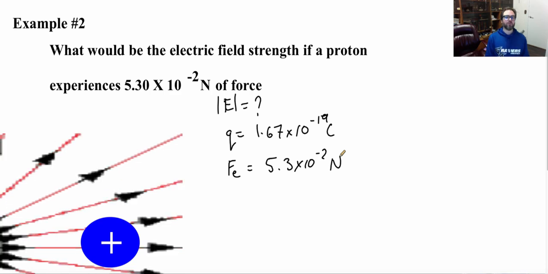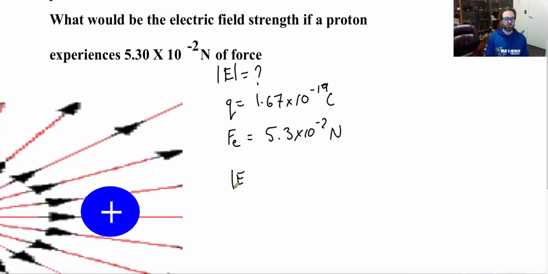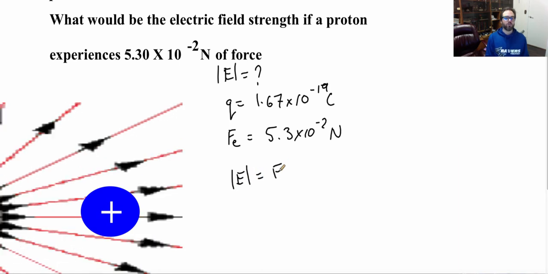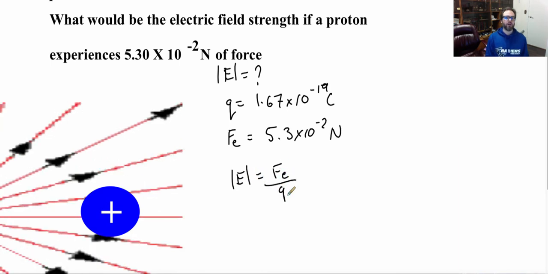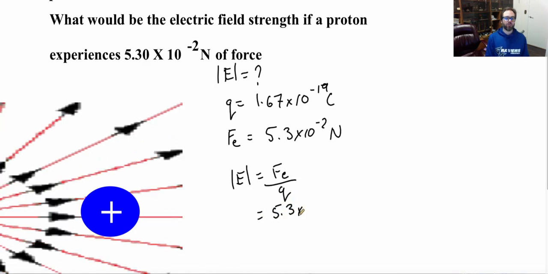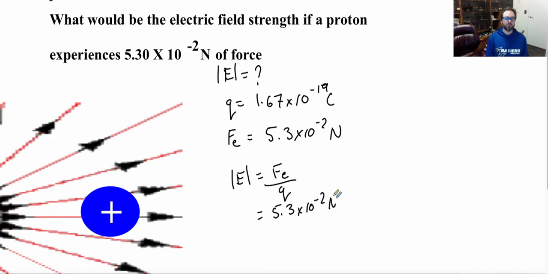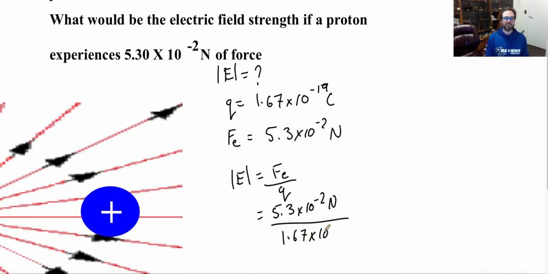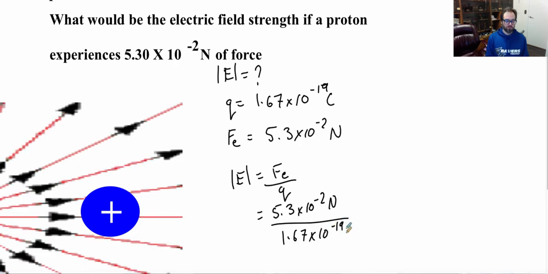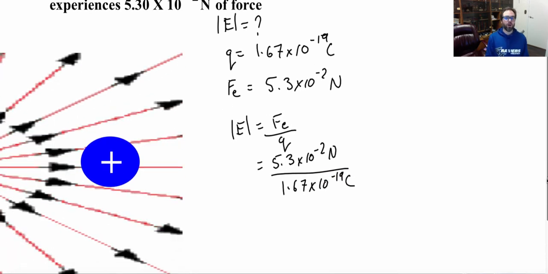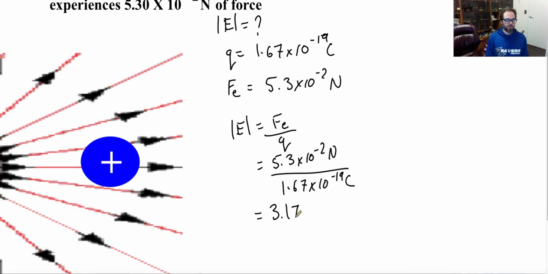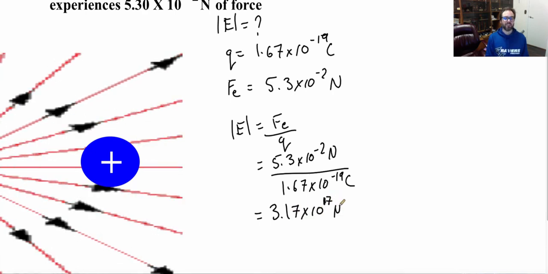So if we're trying to find my electric field strength, we know my electric field strength is equal to my electric force divided by my charge. My electric force in this case is 5.3 times 10 to the negative 2 newtons. And my charge is 1.67 times 10 to the negative 19 coulombs. That's going to give me an electric field strength of 3.17 times 10 to the 17